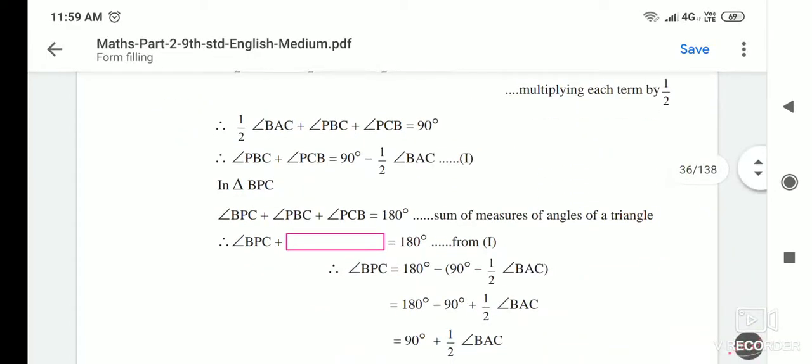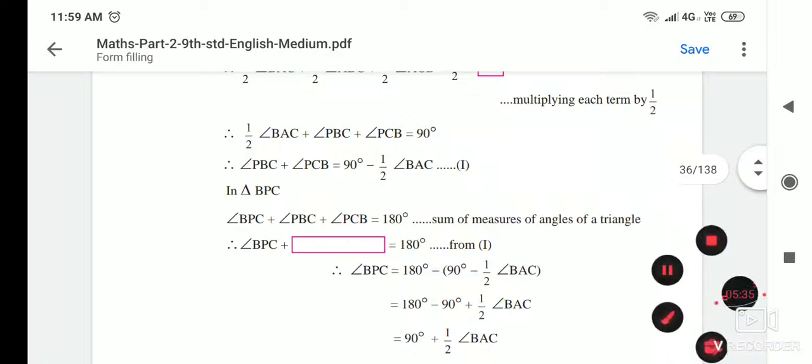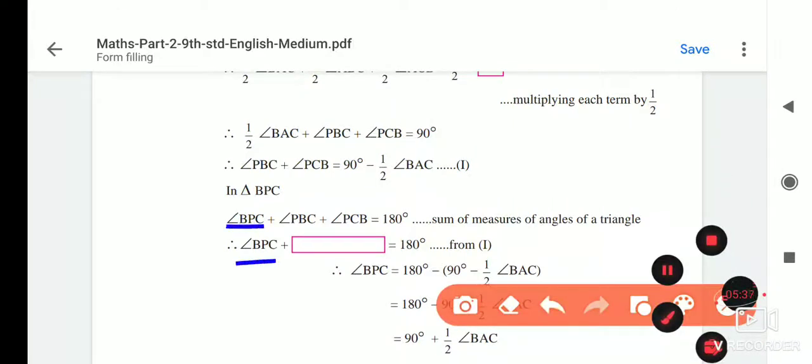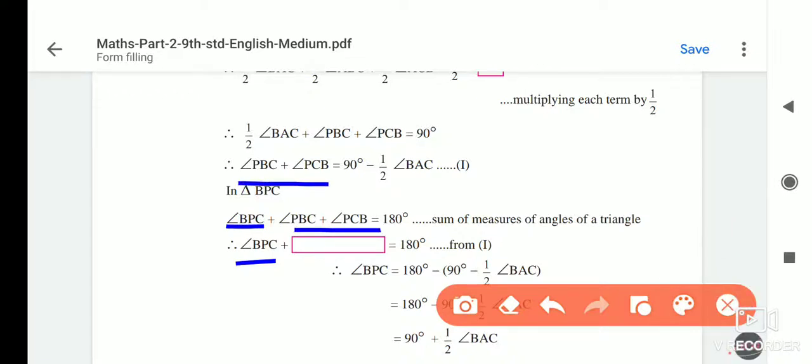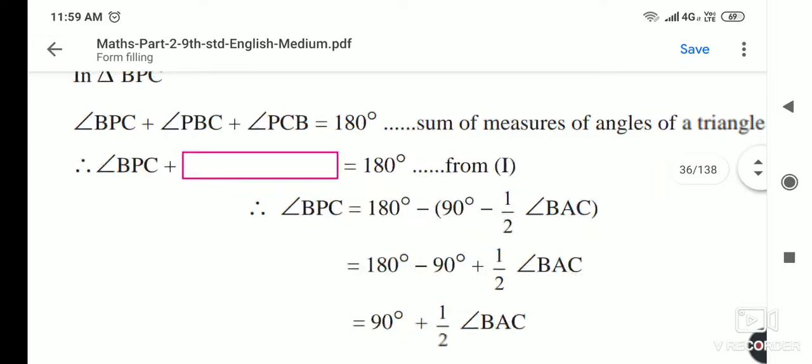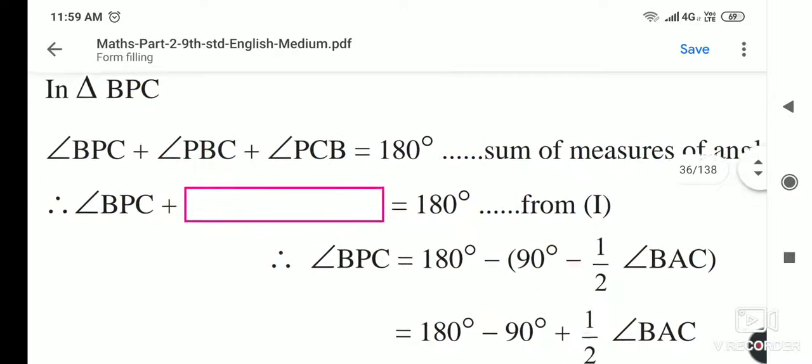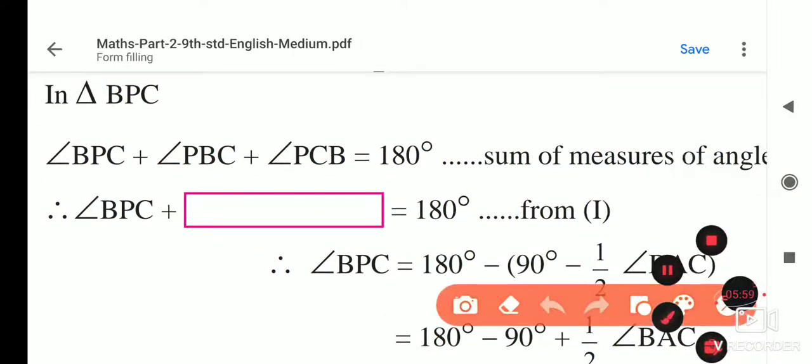Now the next step of it is that, see here, BPC. This is BPC, we wrote it here, and here PBC plus PCB. Its value is 90 minus 1 half BAC, that we have to put in this bracket. What? 90 minus 1 half BAC. Okay, so if I write here 90 minus 1 half